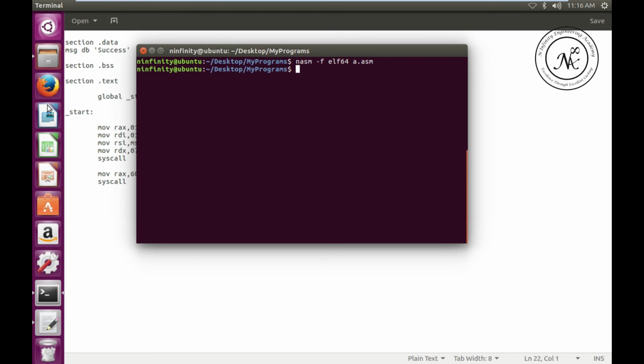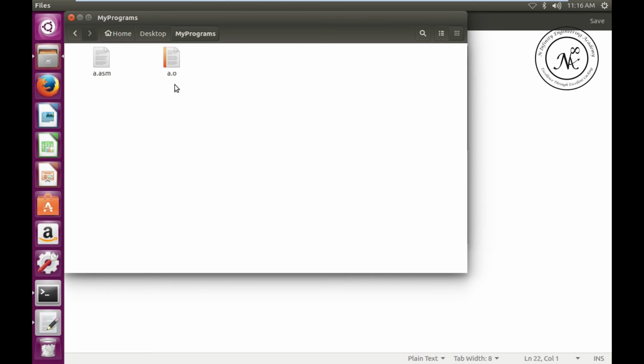So now if we observe after the assembly what has changed in the directory structure, an object file is added here, and now I need to link this particular file to get the executable file.